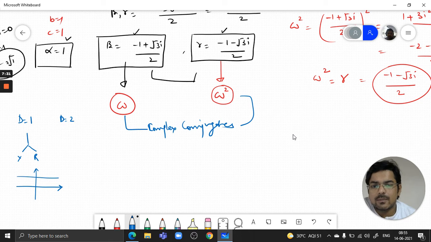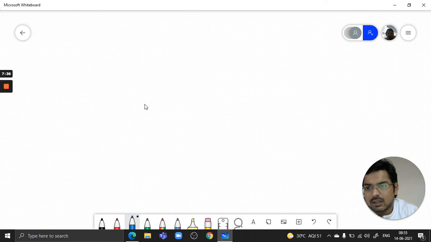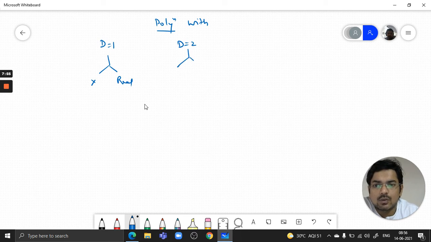See, this is a concept. अगर हम लोगों के पास एक पॉलिनोमियल है, पॉलिनोमियल विद डिग्री 1, तो उसका या तो वो एक जो रूट है वो रियल होगा और या कोई रूट होगा ही नहीं. अगर डिग्री 2 है, तो the degree is 2, there are 2 cases कि या तो वो दोनों ही रियल रूट्स हैं, both real, और या दोनों ही कॉम्प्लेक्स हैं.